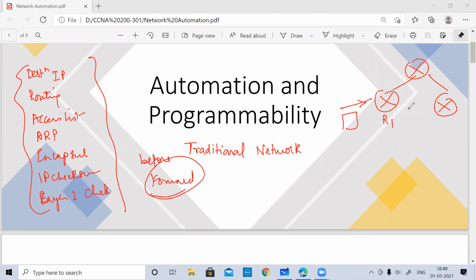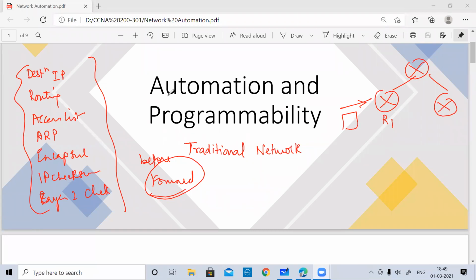I can say that we have a distributed approach in traditional networking. We do not have any other device in the network that will give you a brief idea about the entire picture, or tell you which devices, which links and which interfaces are going up and down. There is no centralized controller or centralized device that can provide you with the entire statistics, because everything is managed by each and every device at its individual level.